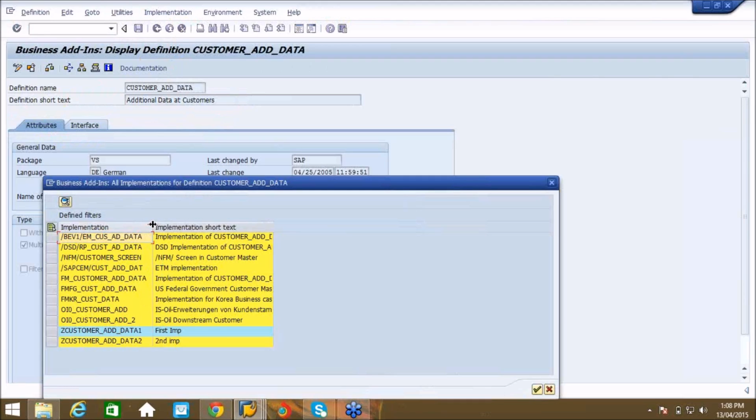But later, if you want to see for what customers you have updated, for example, after one month you don't remember for which customer number you have updated it, how do you get that particular data? That is not available. But whatever changes you have done, for example, a country changed from Germany to India, that is available. In the KNA1 table, India will be updated, no doubt. But for which customer it is updated, to get to know that is a little bit difficult.